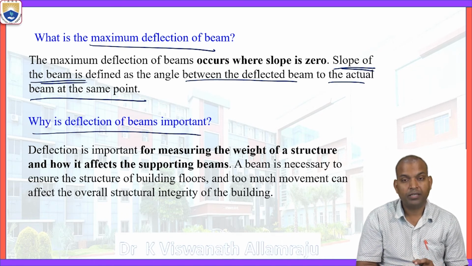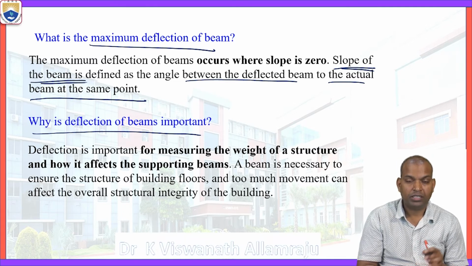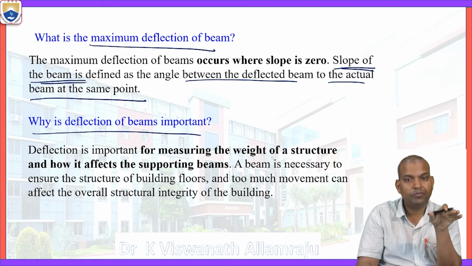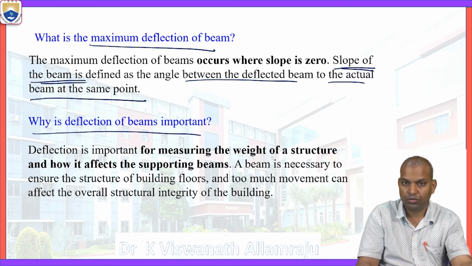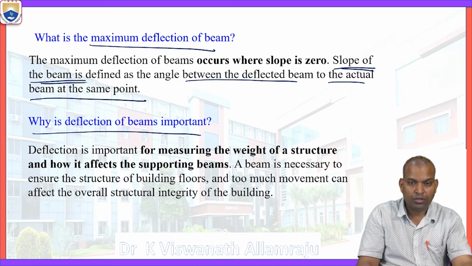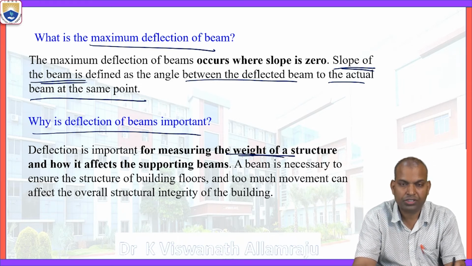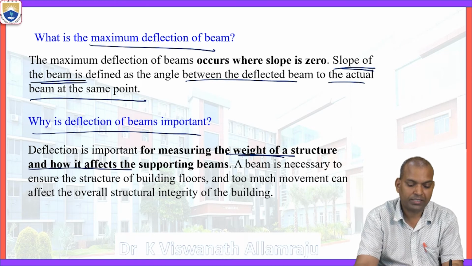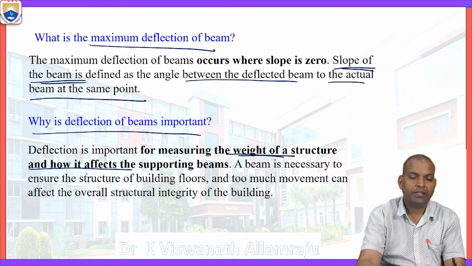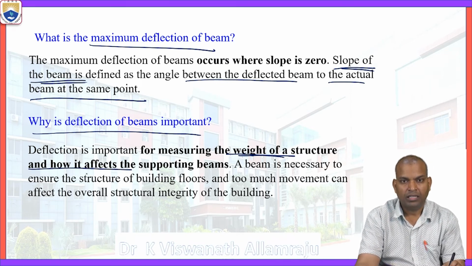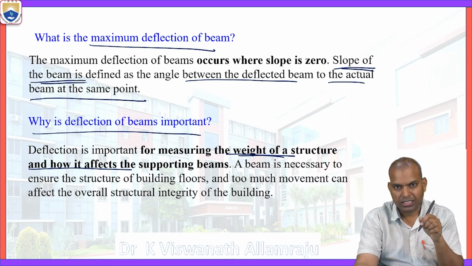The deflection of beams is important to find out the way a beam will bend because of the application of loads, especially for measuring the weight of a structure and how it affects the supporting beams. When the load is acting, then the deflection is high. It leads to